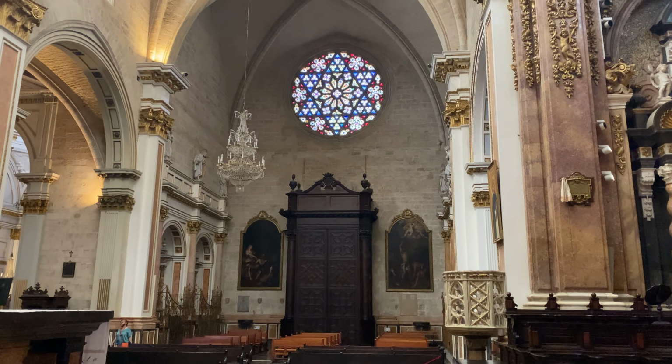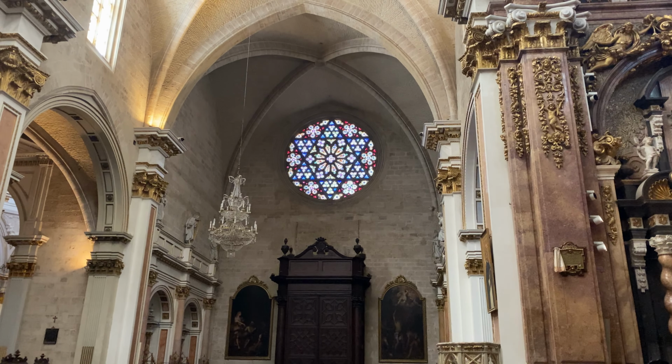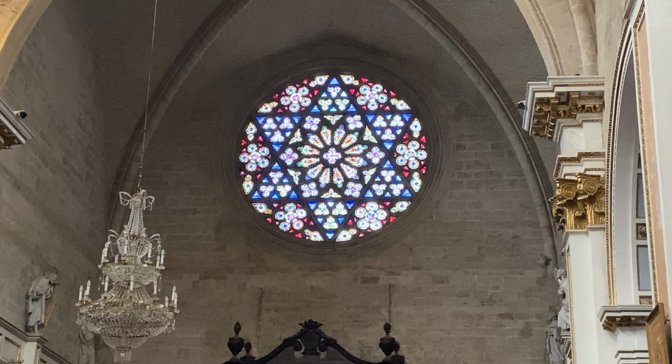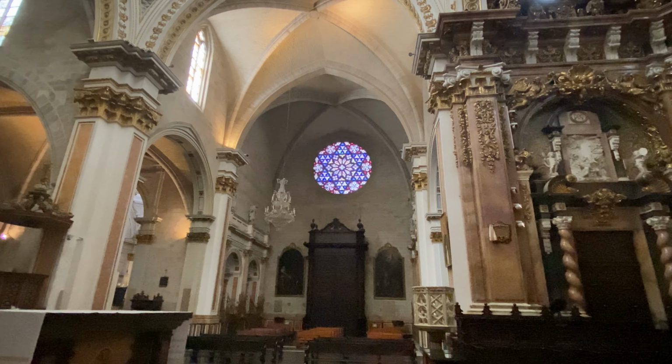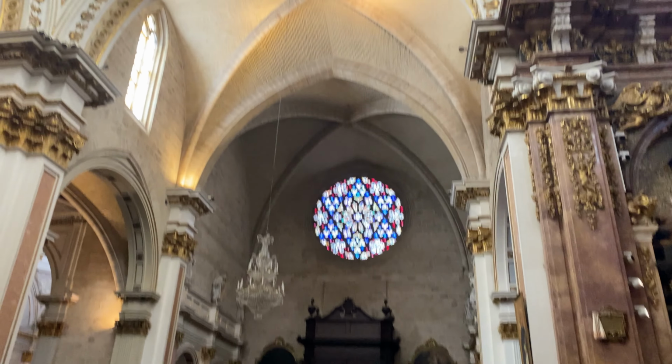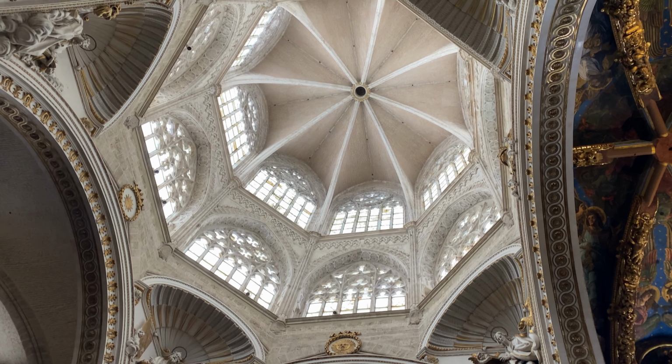There's that rose window that I was talking about earlier. Look at the stained glass there. How awesome is that? That's fantastic. Now I just learned, let's go back to there, that this style of tower that's in the central